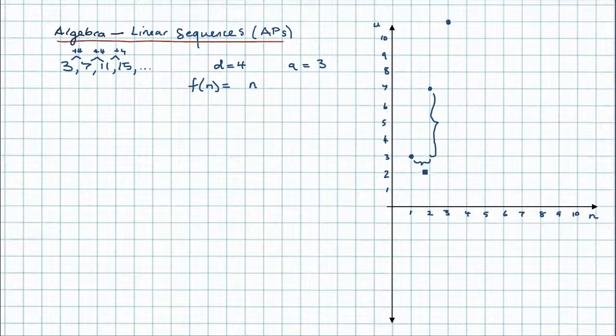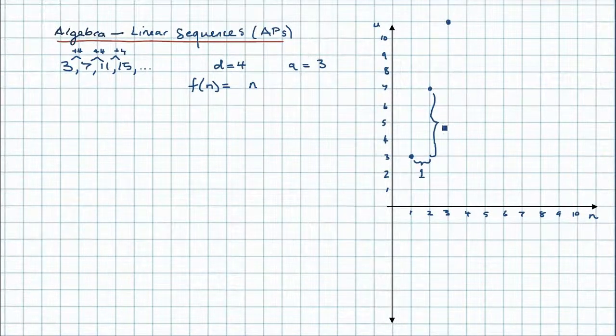Now, this distance here is always, with any sequence, of course, going to be 1. So we don't need to worry about it, because if we're dividing by the run here, this distance along the n-axis, then we're dividing by 1, and that means the value will stay the same, because 1 is the identity for multiplication and division. So all we need to worry about is this vertical distance here, the distance on the